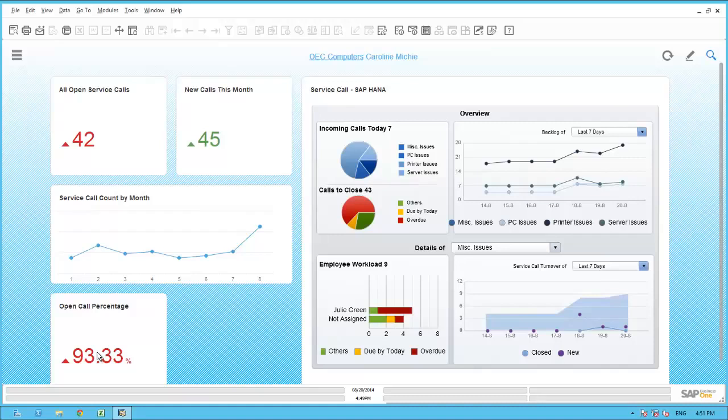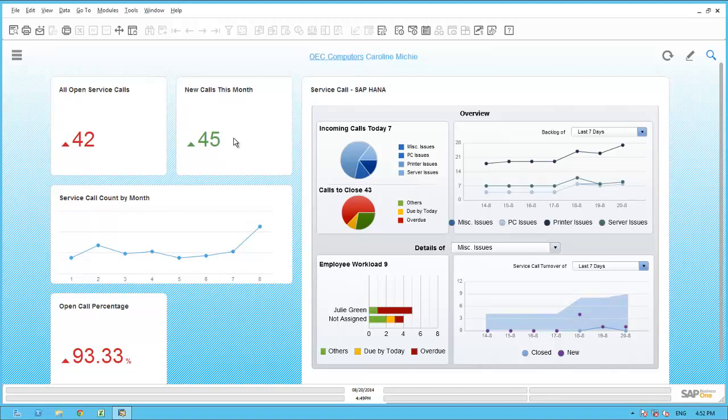Caroline also uses the Pervasive Analytics Design tool to create the following pervasive dashboard. The dashboard is called Service Call Count by Month. This shows Caroline the total open calls for each month. In the last 4 months, the volume of calls has been increasing, as we can see in this chart. This shows a large uptick, especially in the month of August. If we hover over each point, we can see the total calls for August matches the new calls for the